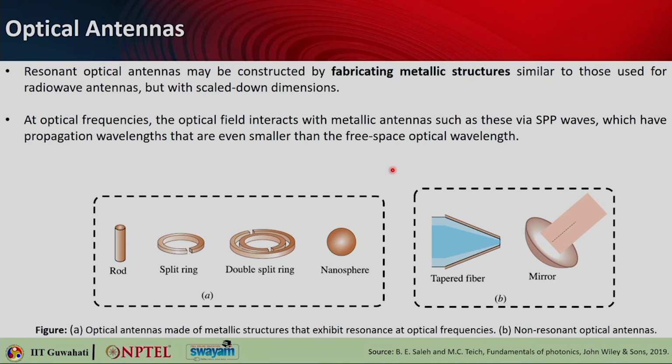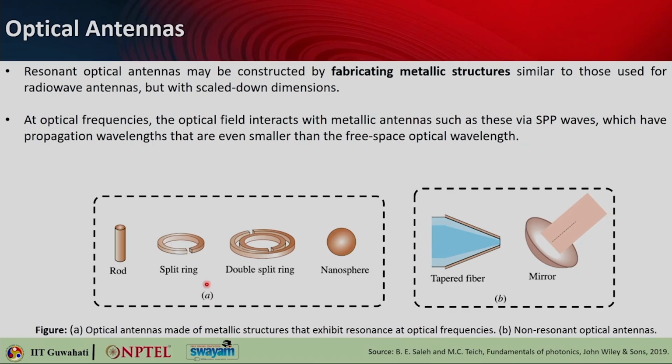So, that is what we have discussed: because the surface plasmons have very large wave number, they can actually support very tiny wavelength, and that is the reason why they allow manipulation and guiding of electromagnetic radiation in much sub wavelength dimension. Okay. In this case you can also see that the length of the optical quarter wave dipole antenna lies